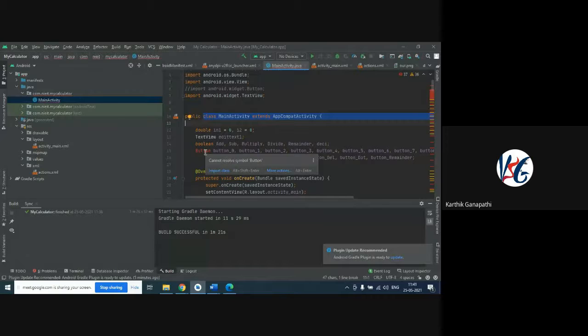For example, in this application we are going to have the button as well as the text view. These are the two components we are going to have, because we added these two components in the activity underscore main.xml. Because these components are there, we need these components to be integrated together. Then only it is going to work with our application, or else it is not going to work.